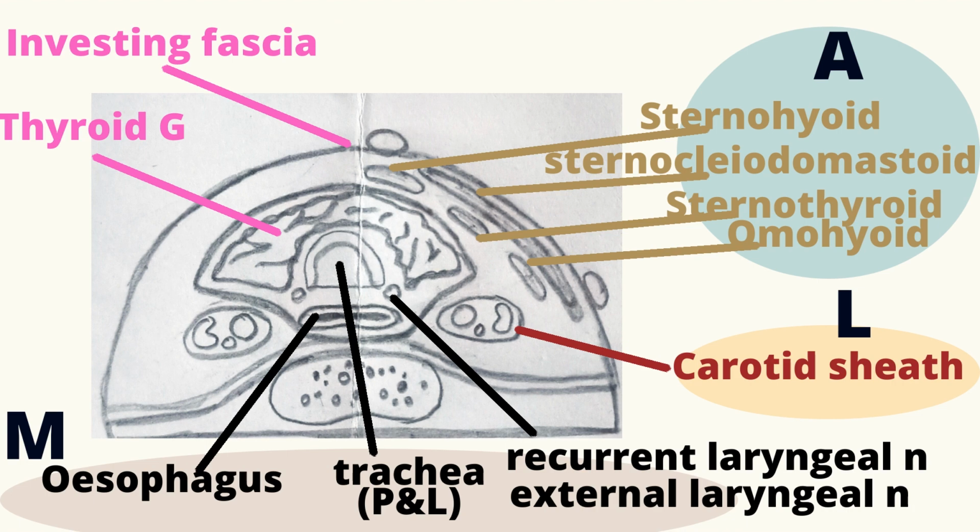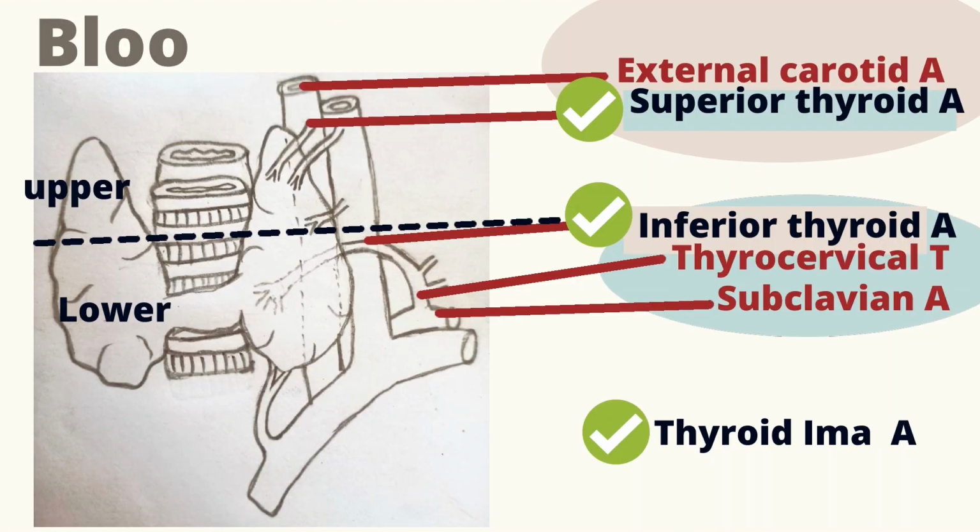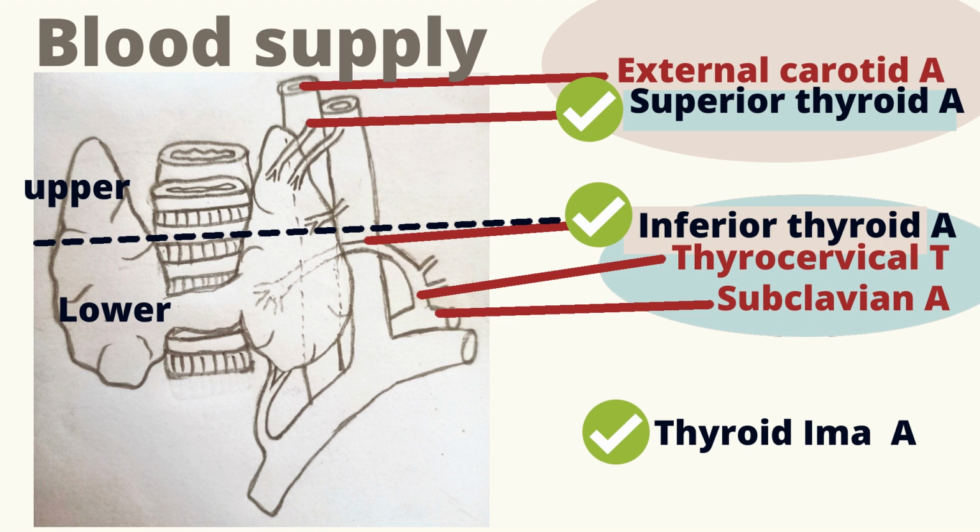Blood supply of thyroid gland. The upper part of the thyroid gland is supplied by the superior thyroid artery, which is a branch of the external carotid artery, and the lower part of the thyroid gland is supplied by the inferior thyroid artery, which is a branch of the thyrocervical trunk of the subclavian artery. Sometimes it is supplied by the thyroidea ima artery, which is a branch of the subclavian